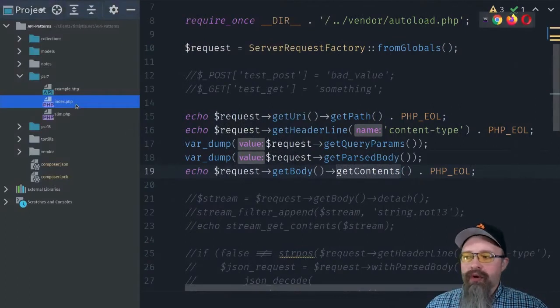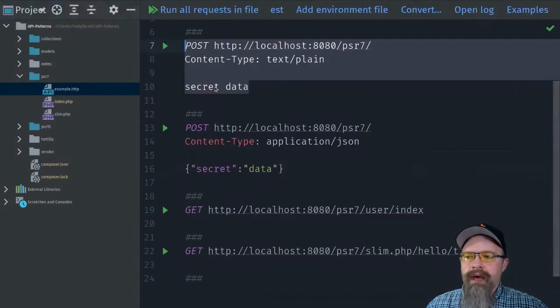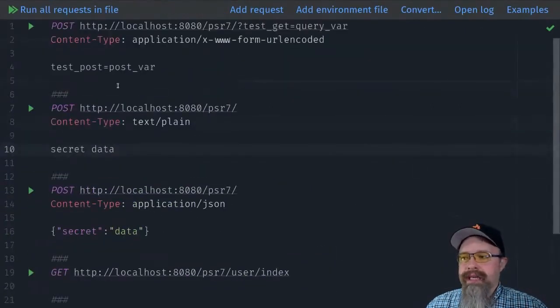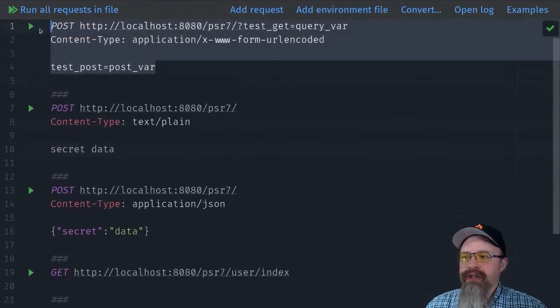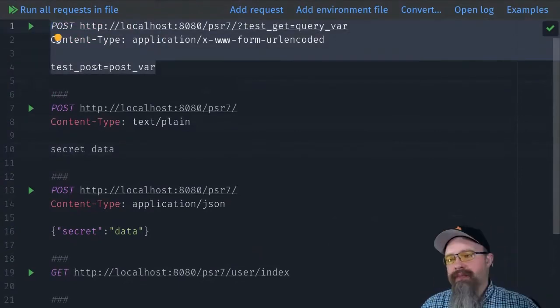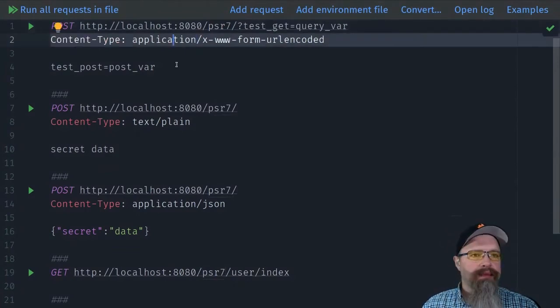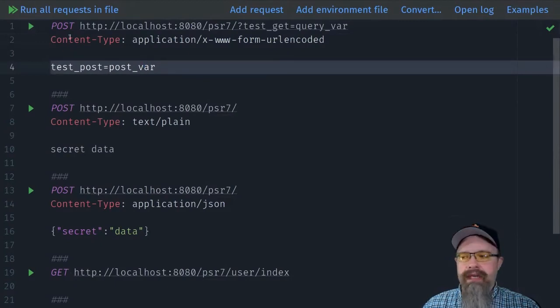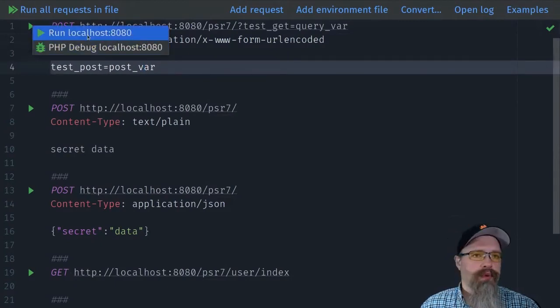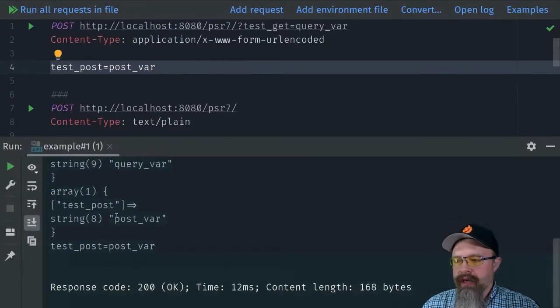I'm using PhpStorm here. If you don't know this, here may be an interesting tip. PhpStorm has a built-in HTTP client, and you can just structure the HTTP request. Here we're saying I want to make a POST to my index.php, and I'm going to set the content type as application/x-www-form-urlencoded, and here's my form URL encoded data. If I hit run, PhpStorm will just run that against localhost, and we'll see